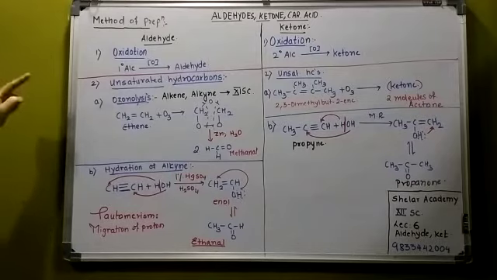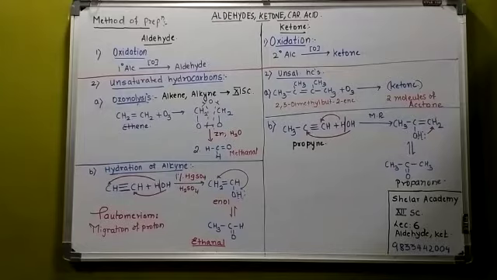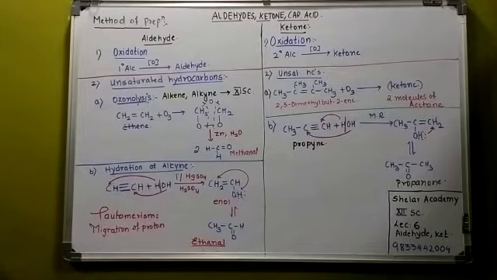If it is a primary alcohol, on oxidation it will give you an aldehyde. As we have seen in the lesson alcohols, we can use different oxidizing agents like K2Cr2O7, dilute H2SO4, HNO3, PCC, PDC. So these are the different oxidizing agents which can be used for the reaction. Now, when we need to stop the reaction at the aldehyde, then we use an oxidizing agent like PCC, that is a mild oxidizing agent.